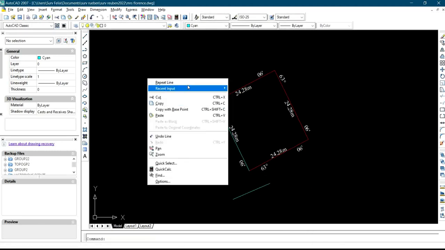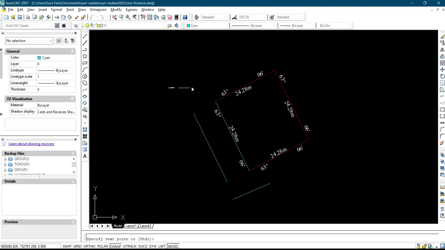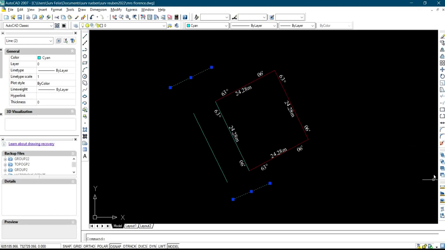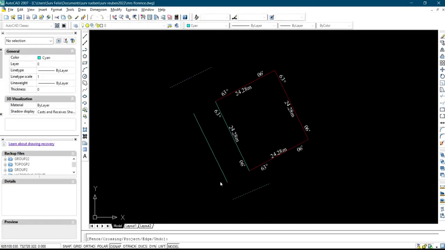and then you repeat line, and then you press enter. So you select the two lines. So after you select the two lines, you want to extend the lines. So this is extend here. We click on extend. So it's going to extend the lines. Likewise this as well. Then after that, you click on escape, and then you can delete